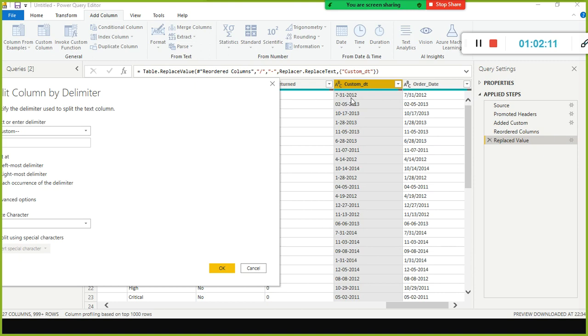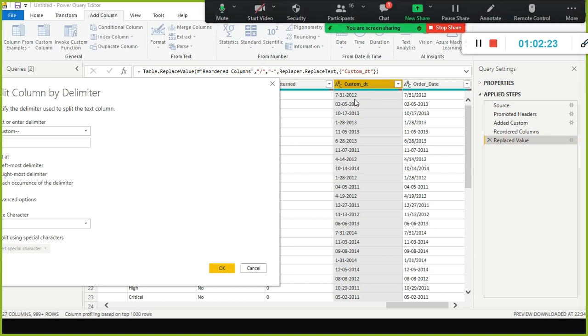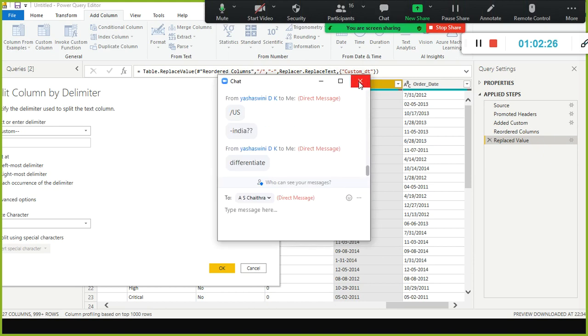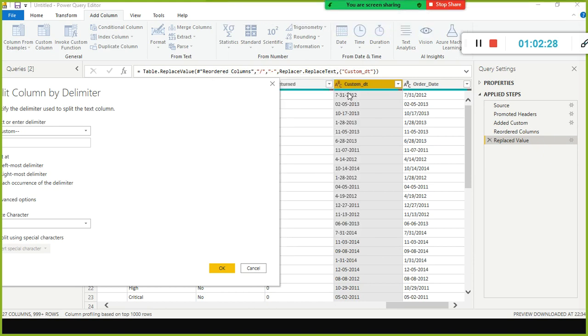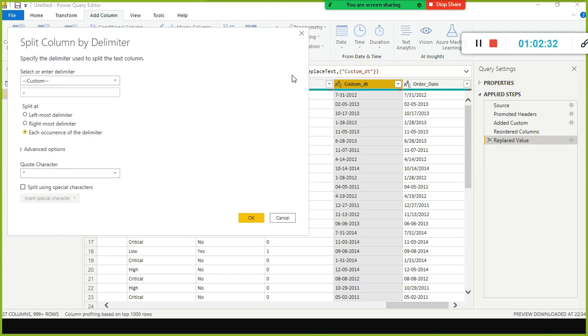To understand, by looking at this, we can say, hey, this is month, this is date. This cannot be date, because in the middle we have 31. Month cannot be more than 12. That means this is the date, this is the month. Month, date, year format. Yeah, to differentiate, right? And also to split the values, month, year, date, right? We can do it. So now look here, I just replaced all the forward slashes.